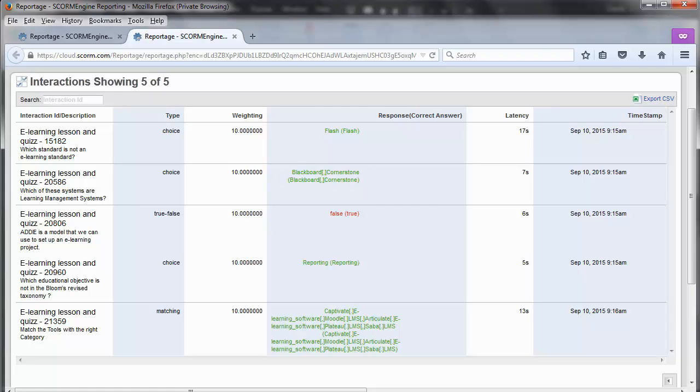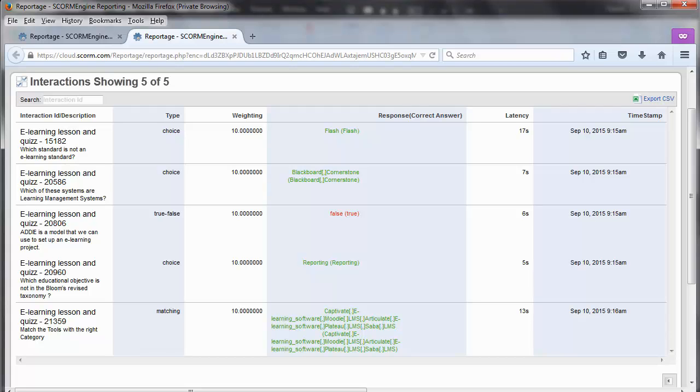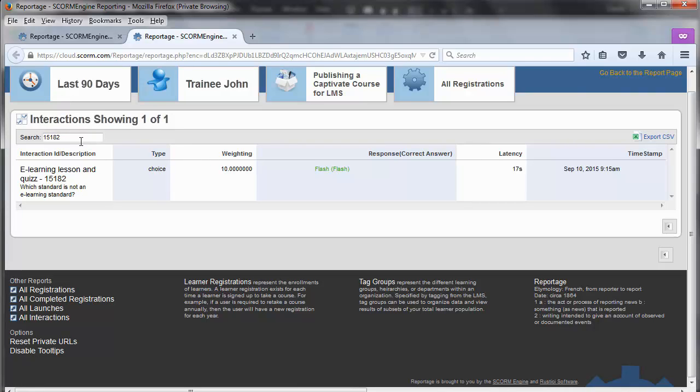Within Captivate, it's possible to change a number for one or many questions. For example, it could be useful to change them in order to classify questions logically according to a topic. And afterwards, it will be easier to search for one of them in a LMS. For instance, if as a trainer I've defined 100 questions and I'm interested to see the result of a very important one whose ID I know, I would just have to enter this one in the search field and its detailed result will display, like this.